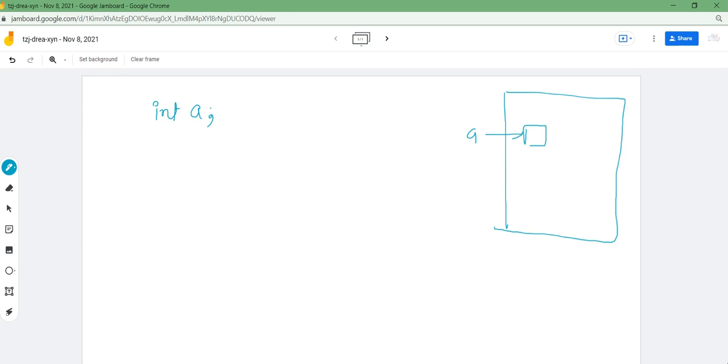Okay, so we have discussed class and object. Let's take an example of the simple inbuilt data type int a. It is going to create a memory location with the name a, right? And if I say a is equal to 10, then this 10 is going to be initialized in a. This is how it happens. Let's say I create another variable int b. This is going to create a different memory location with the name b, and if I say b is equal to 20, then this 20 is going to be initialized here.